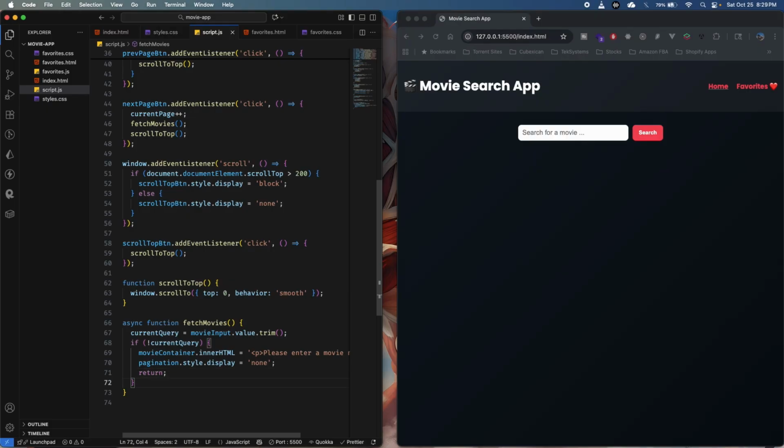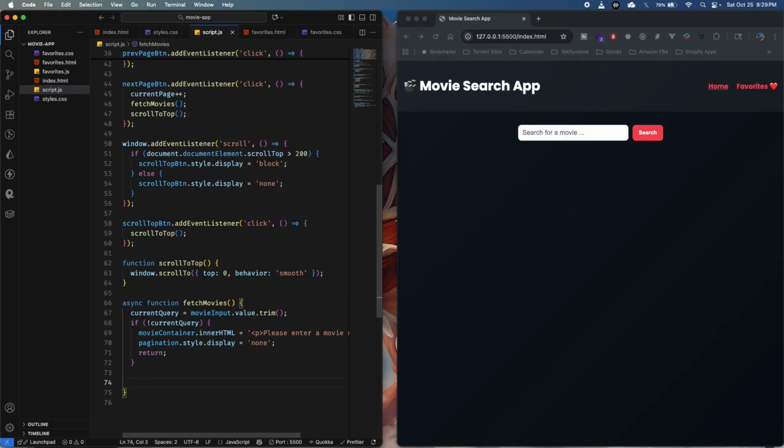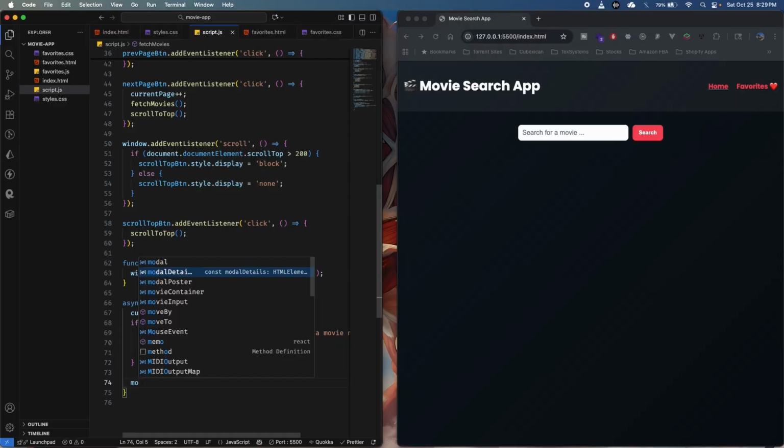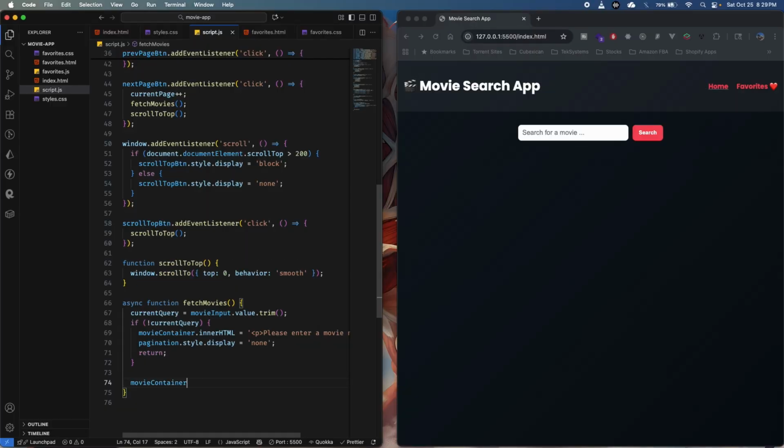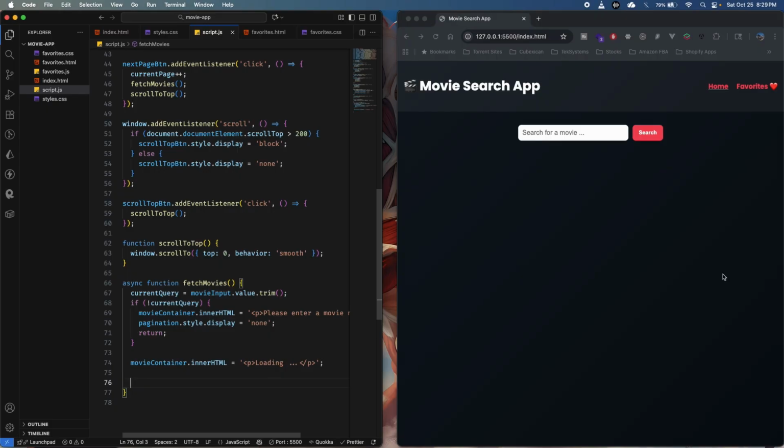In the case that we get a match, a word the user typed on the input, we are going to be doing some additional stuff. First, we start with the movie container, and on the innerHTML we are going to set a p tag saying "Loading..." with three dots. Excellent. Then we are going to do a try catch